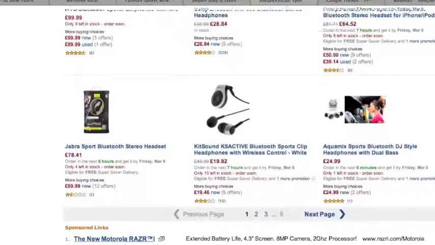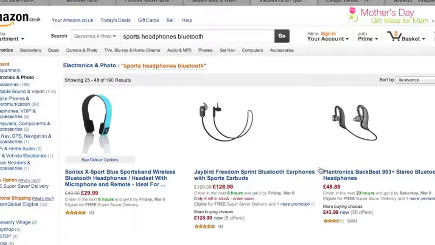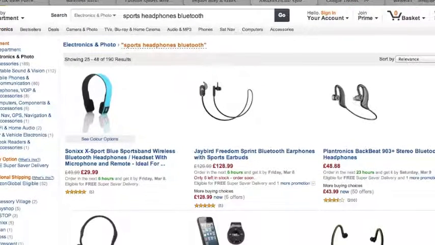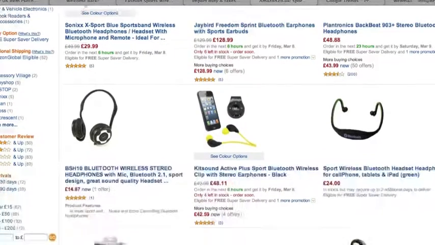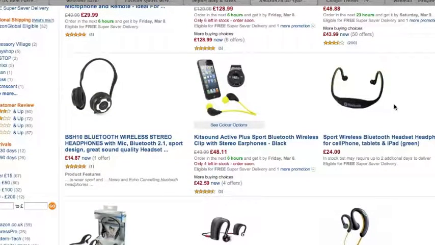So if we scroll down a little bit further, we'll actually go on to the next page and see if there's any others. These again are similar, but they're a brand, £48.88. And then we've got these. Now these actually look very like the product that I've actually sourced for you, which I'll be showing you the supplier of in just a moment. And these are selling currently at £24, which is a really good, decent price and will enable you to make